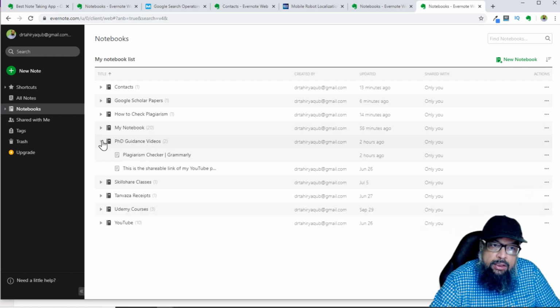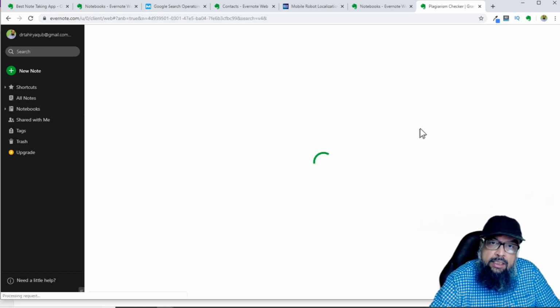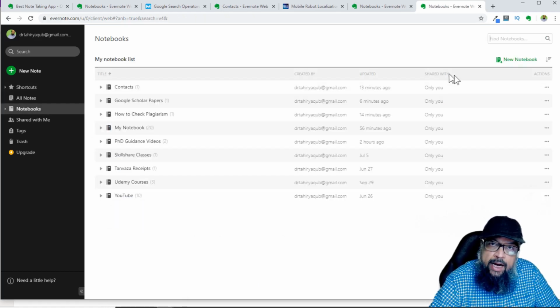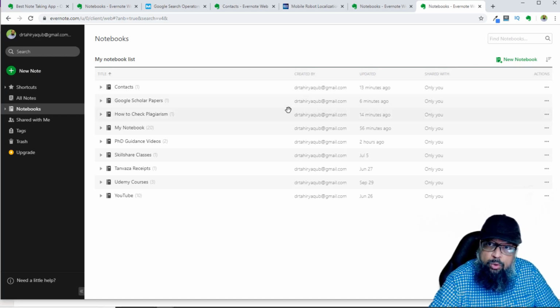If I click on this little arrow, I can see both of these notes. And if I click on this note, then I can see what is inside this note. So this is a page I have stored previously, and I am going to show you how you can store this as well. So to go back to your notebooks, just click on notebooks, and then to add a new notebook, we click on add new notebook, and to add a new note, we click on this add new note. So this is a very simple application, yet very powerful to store notes.